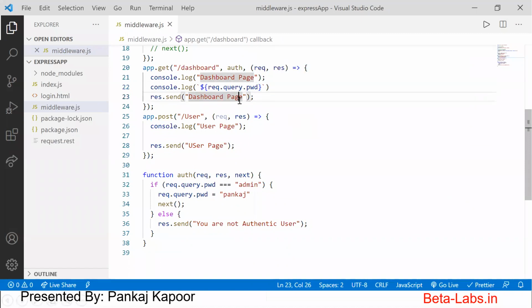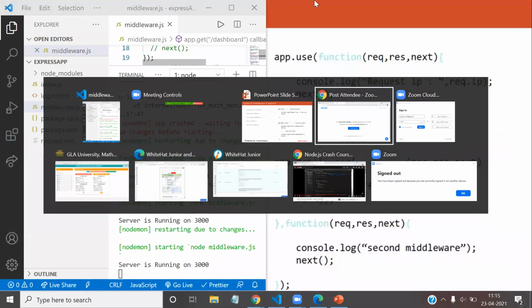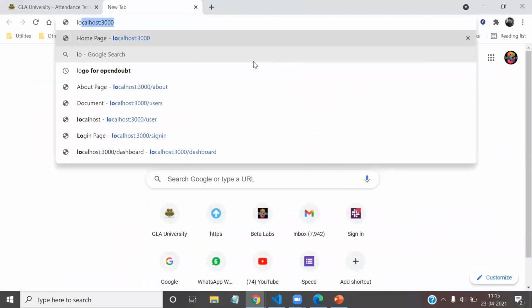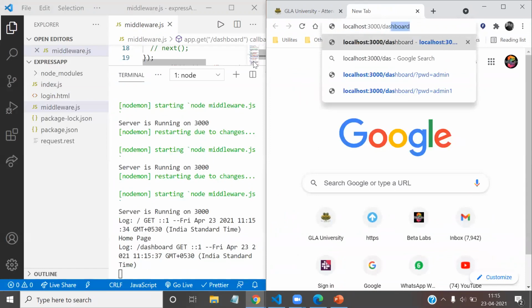Let me save the code and open the dashboard. Let me open localhost slash dashboard, and in order to access the dashboard, you need to write a proper query. If the password is admin, then you are able to access that dashboard page.